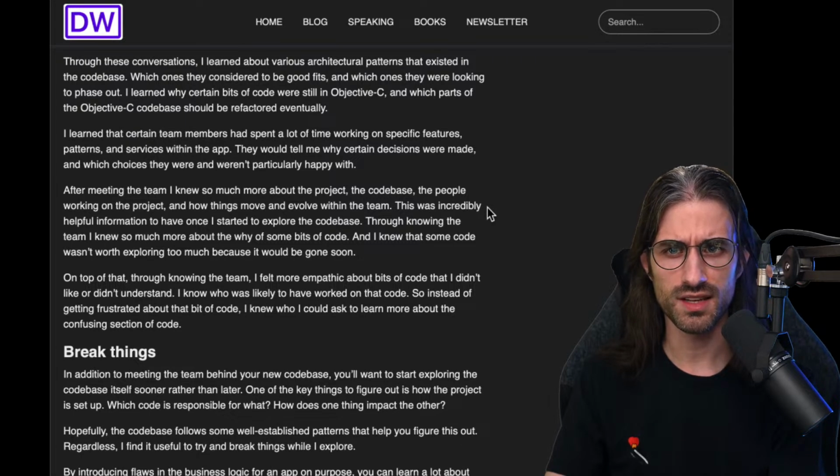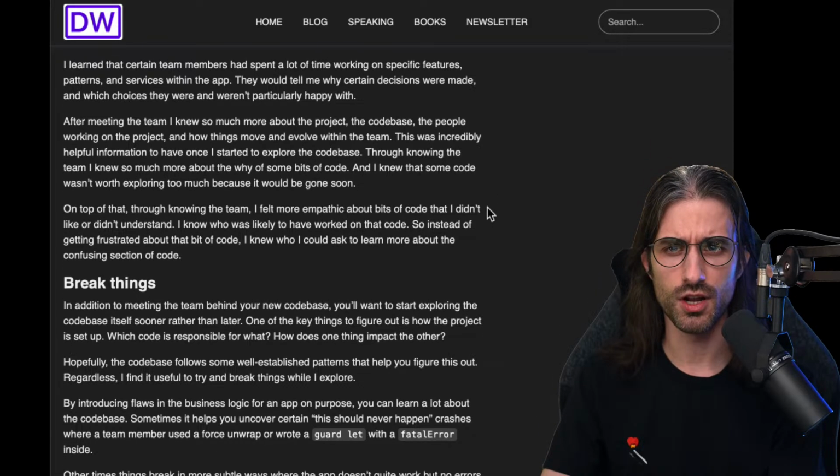Through these conversations, I learned about various architectural patterns that existed in the codebase, which ones they considered to be good fits, and which ones they were looking to phase out. I learned why certain bits of code were still in Objective-C, and which parts of the Objective-C codebase should be refactored eventually. So once again, we can see that it's all about learning as much context as possible.